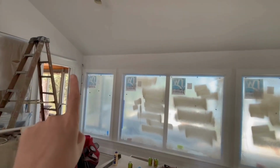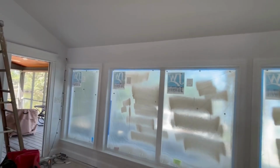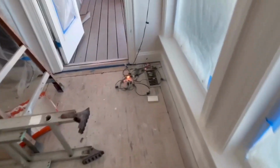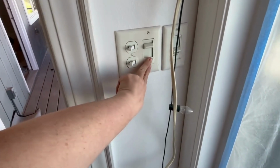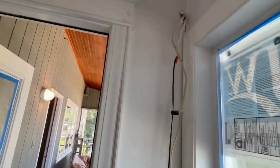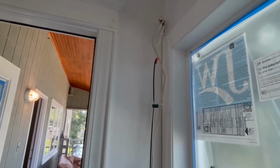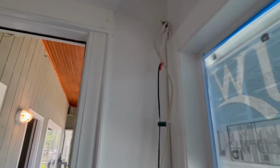One more thing to show you. Do you remember that there was like a cornice board up here? It was backlit. It turns out the lighting was just these Christmas tree lights. But it has two switches with dimmers, actually. So two switches for these two wires, and they're just a hole in the wall. And so we were trying to figure out what is going to be the easiest way to make those go away. And what we decided to do, and the electrician is on his way to do this, is to take